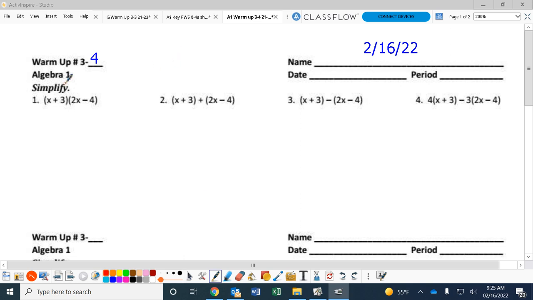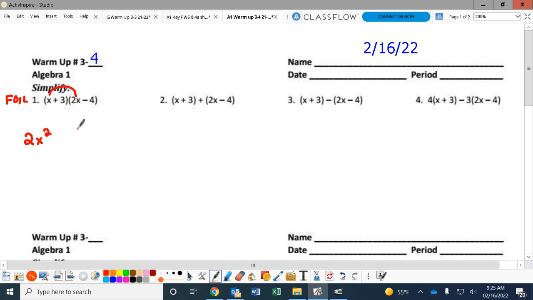Guys, for this first one, these two are right next to each other. That means we need to do what? Multiply. In order to multiply a binomial times a binomial, what's that little acronym that you're going to use? You need to know this. FOIL. F-O-I-L: First, Outer, Inner, Last. We are going to multiply the first two. So we are going to multiply the x times the 2x. X times 2x is going to make it 2x